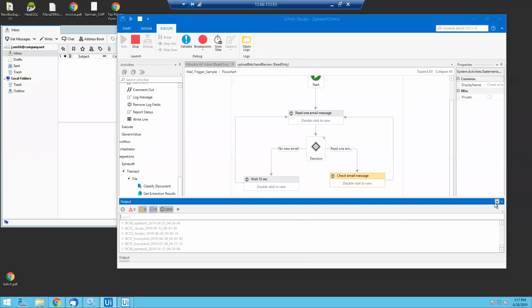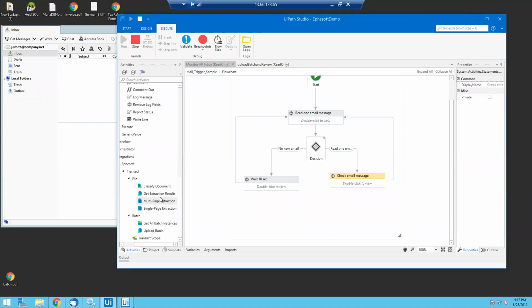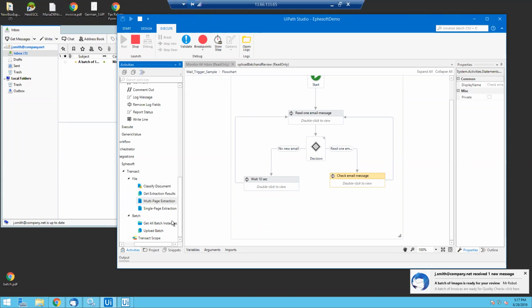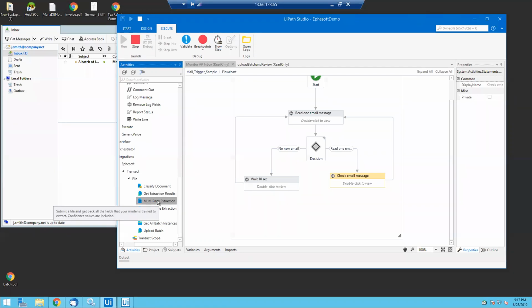Now, if I minimize this output file here, what you can see here on the left-hand side of the screen are the activities that are available for download within the UiPath Go marketplace, specific for Ephesoft Transact. And it includes things like categorizing and classifying documents, starting a batch, again, what Transact calls a project within our application, just getting the extraction values. There are a ton of activities available specific to what your bot is looking for. But the one that we're using is to trigger a batch of documents and send the content back to the